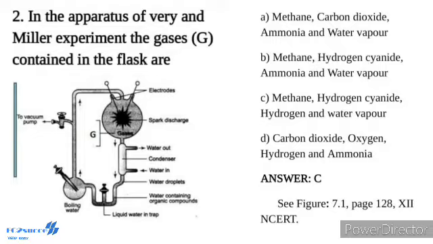In 1953, S. L. Miller, an American scientist, created similar conditions in a laboratory scale. He created electric discharge in a closed flask containing methane, hydrogen, ammonia and water vapor at 800 degrees Celsius. He observed formation of amino acids. In similar experiments, others observed formation of sugars, nitrogen bases, pigments and fats.